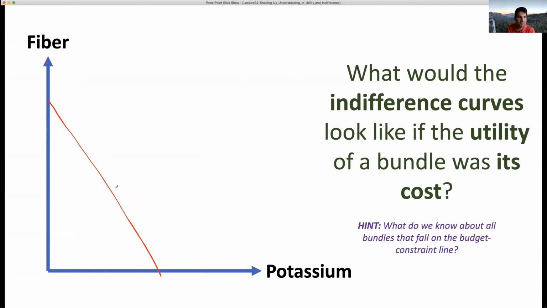So, in the indifference curves, we want multiple curves. The indifference curves fill out the space, so it's like a mesh of curves. And what we're trying to say is, what's the shape of all of the curves in that mesh? If every bundle,